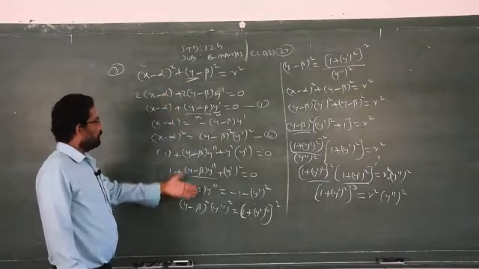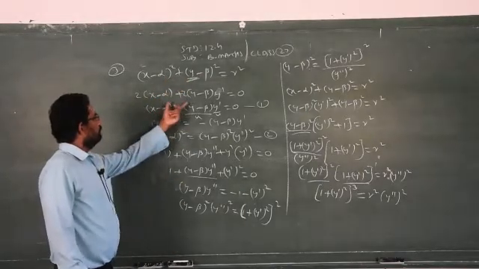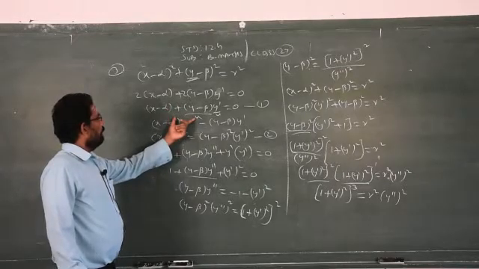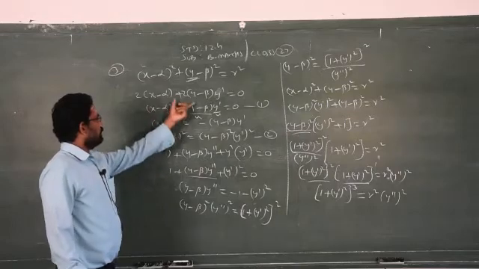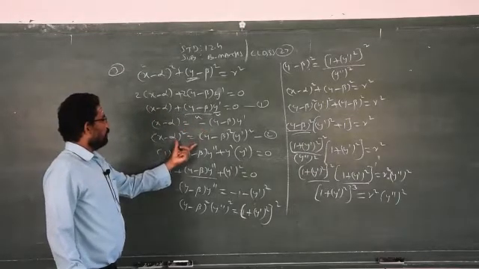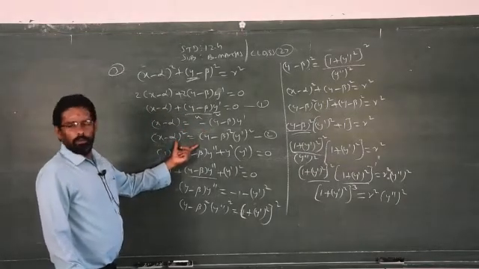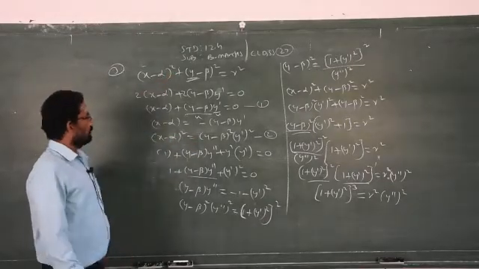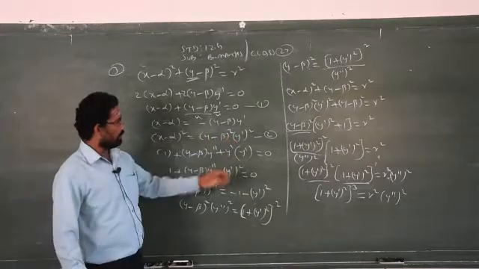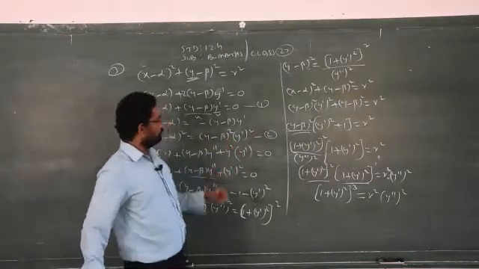Therefore, you have to differentiate how many times? 2 times. Differentiate the first time and you find what is x minus alpha from the first order, then square on both sides. Why do we need to square on both sides? Because I need x minus alpha the whole square in the question, therefore I am squaring on both sides. I got equation number 2.